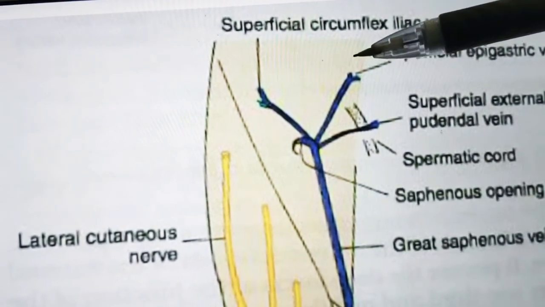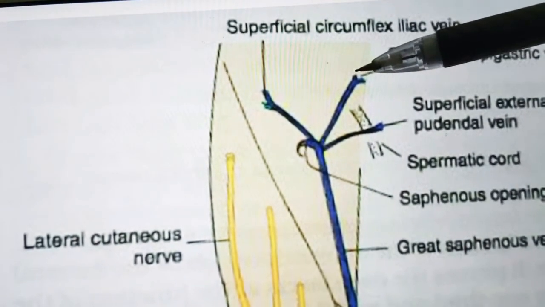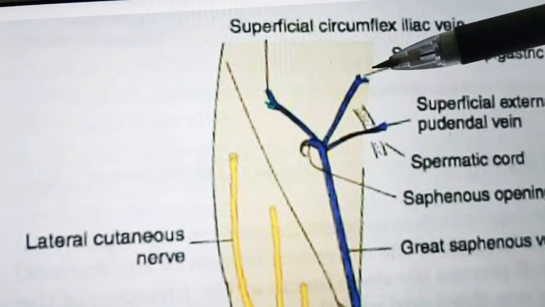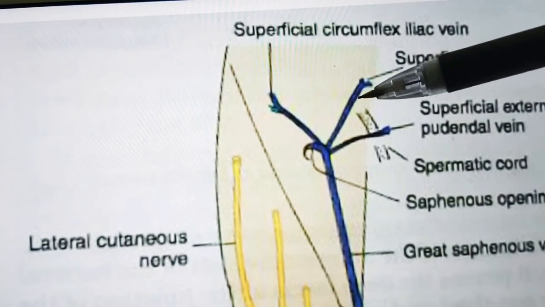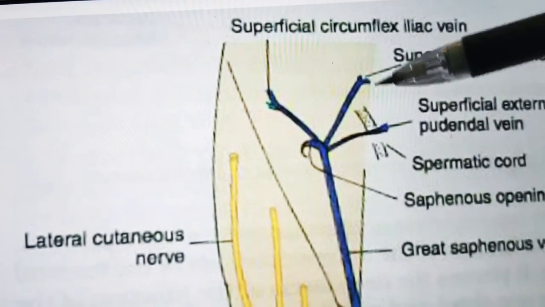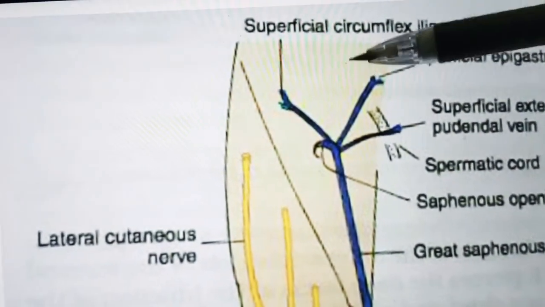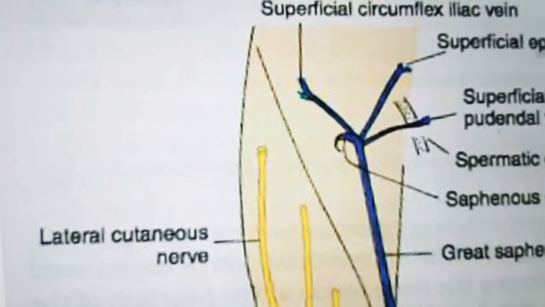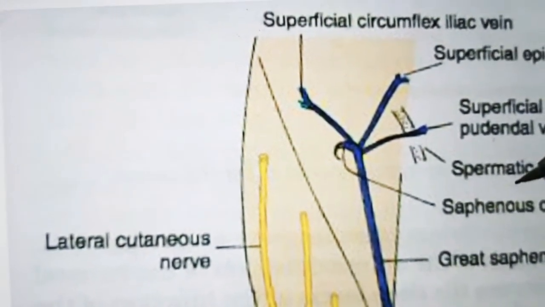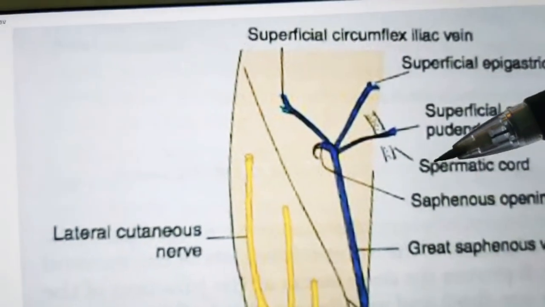It emerges at the superficial inguinal ring. It supplies the skin of the root of the penis and over the mons pubis in females, and also the anterior one-third of the scrotum or labia majora, and the superior medial part of the thigh. So the superior medial part of the thigh is all supplied by the ilioinguinal nerve. According to the name, you can easily say where the nerve is supplied. Next, coming to the femoral branch of the genitofemoral nerve.